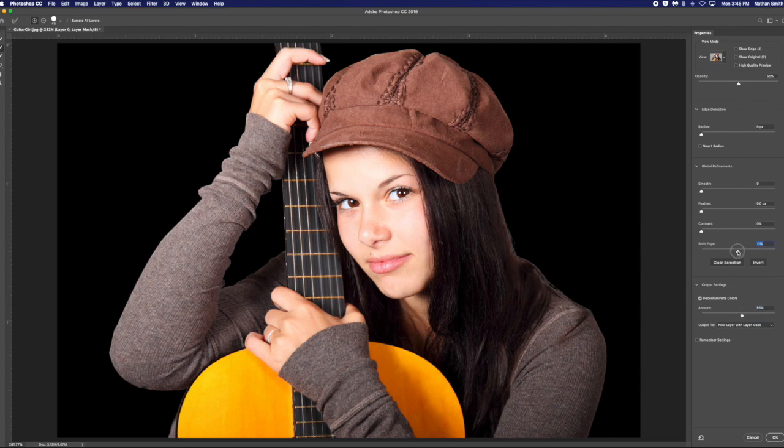You can shift the edge in just a little bit if you want, so you can play with those two settings until you get a pretty nice